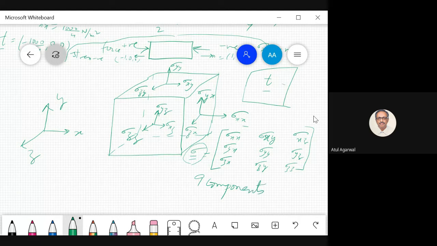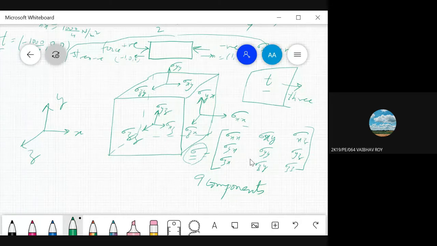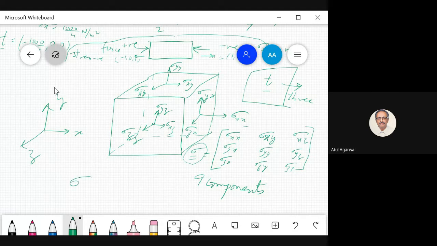A vector has how many components? 3 components. So if you know the 3 components of a vector, the vector is fully defined. If you know the 9 components of this stress tensor, it is fully defined. Sir, apart from sigma xx, sigma yy, sigma zz, the remaining stresses are shear stresses, right, sir? So here you should write tau. No, it doesn't matter. If you are just writing sigma alone, then this is normal stress. This is standard nomenclature for shear stress.